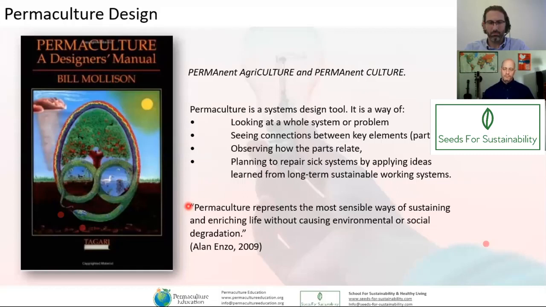And redesign. Like we were saying at the beginning, there are so many broken systems and bad design out there that we have all of these opportunities to redesign everything. And this is one of the key design systems that we use when we talk about redesigning those systems.